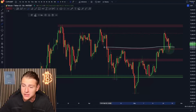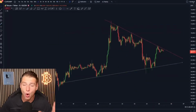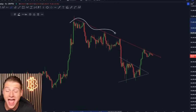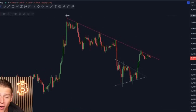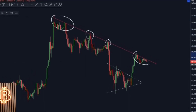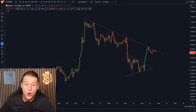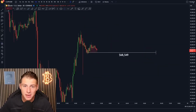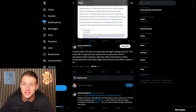In the previous videos, but right now we are creating a massive downward sloping resistance line. And every single time so far we've been retesting this exact level, we have seen very severe rejections downwards. And right now we are creating a new consolidation phase. So I will be talking about this and many other interesting charts we need to discuss in today's update